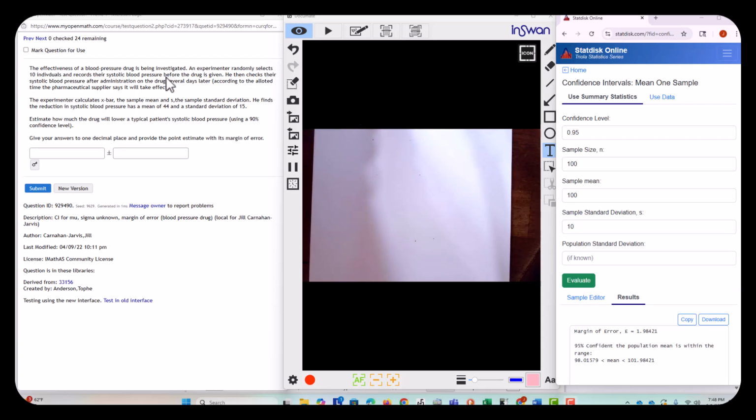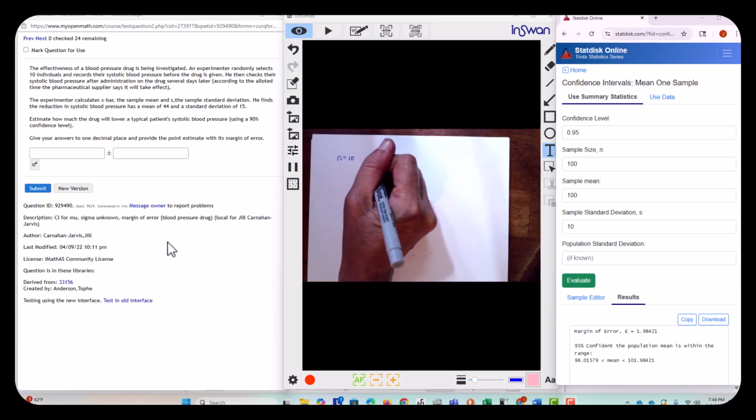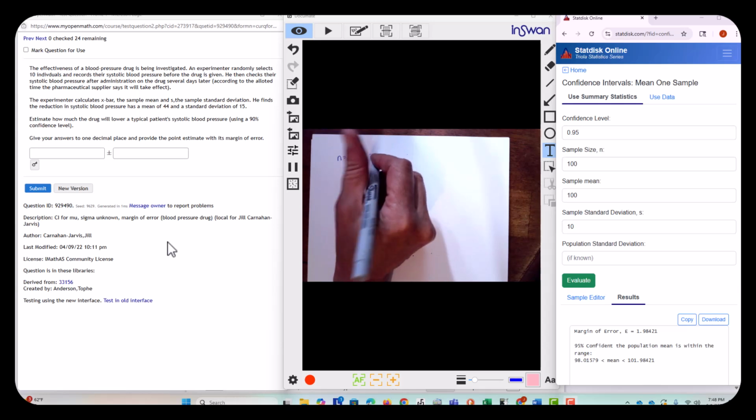Okay, we're given that the effectiveness of a blood pressure drug has been investigated, and the experimenter randomly selects 10 individuals and records their systolic blood pressure before the drug is given. He then checks their systolic blood pressure after the administration of the drug. Several days later, according to the allotted time the pharmaceutical supplier says it will take effect, and they calculate X